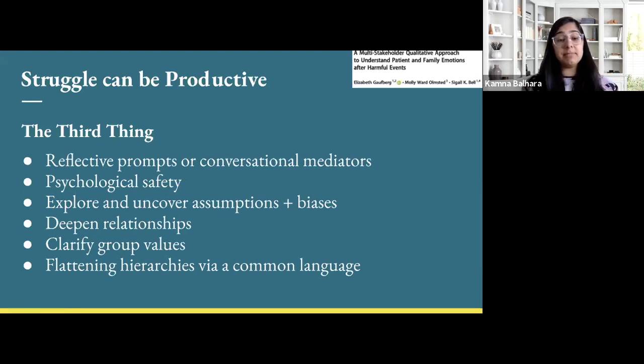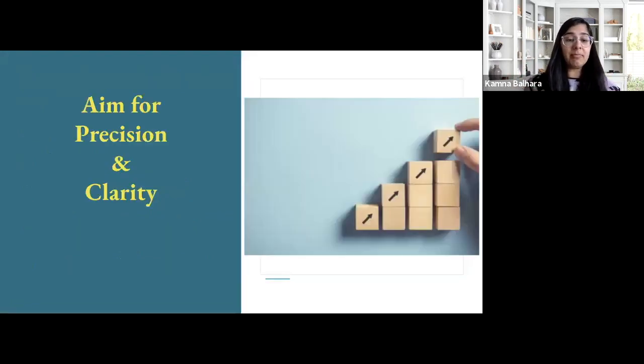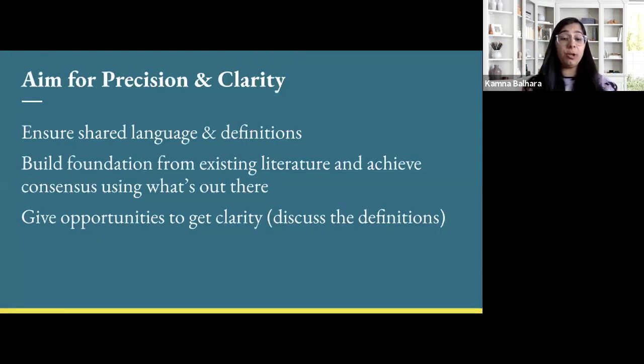Talking about anti-racism is not going to affect everyone in the same way, and not everyone comes to the conversation on the same page. So the third thing, or the sort of third object, is a great way to set the stage. So while we're saying that discomfort and ambiguity and non-closure are components of the curriculum, it's still also important to be precise, especially when you're thinking about the definitions or ground principles that we're going to start from. So just like we did at the beginning of this conversation, it's really important to ensure we're all coming to this with a shared language.